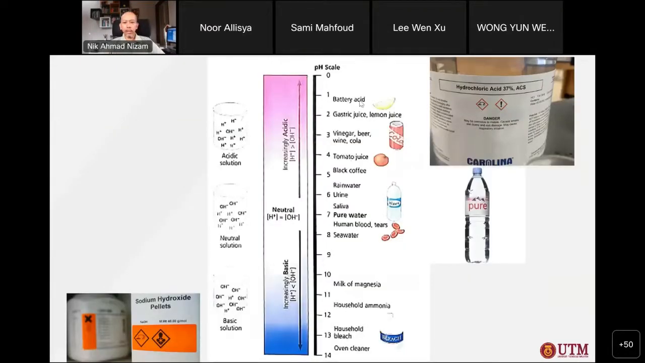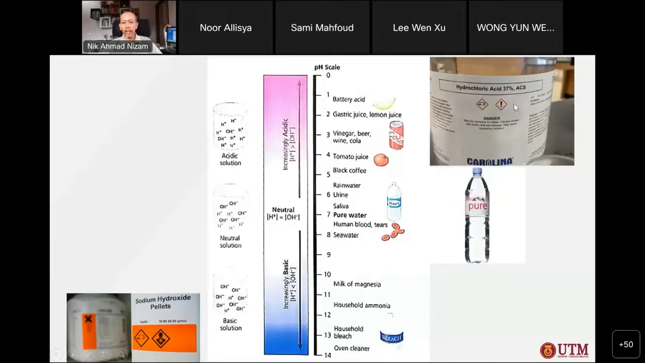So these are the examples. I want to show that at lower pH, 0 to 6, the concentration of H+ is much higher than OH-. At neutral, the concentrations of H+ and OH- are almost the same, like pure water and seawater. At higher pH, 13 or 14, OH- is more than H+. If you see this scale, the lower the pH value, at 0 to 1, for example hydrochloric acid,